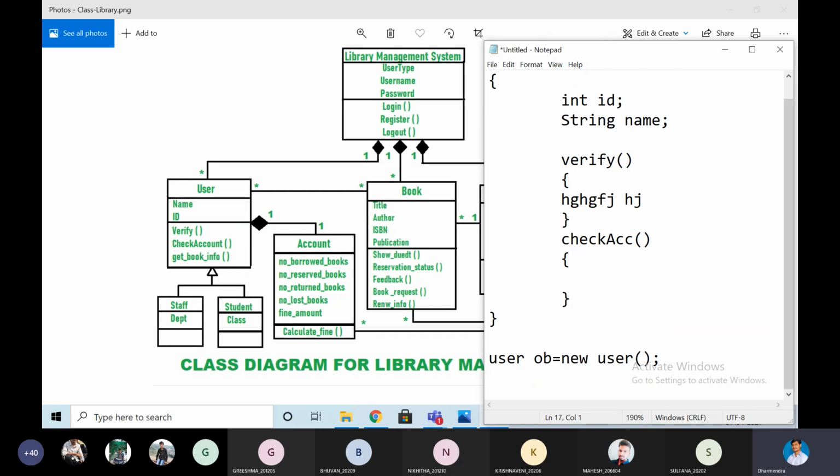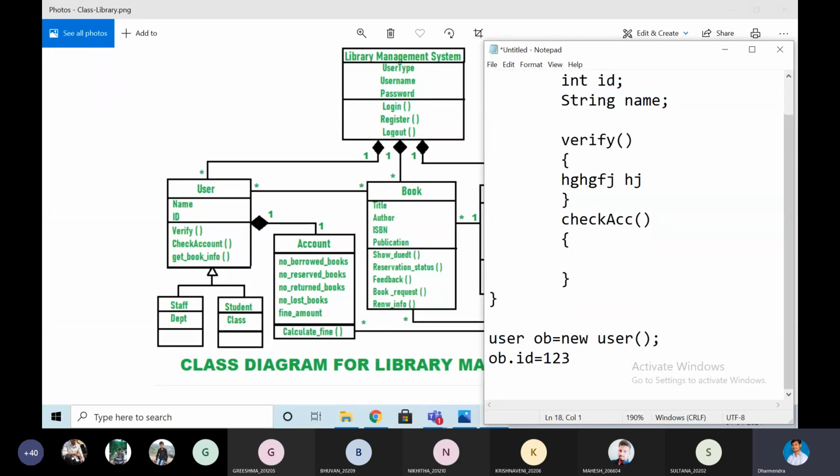With that ob we will access ob dot id, we'll assign some ID. Then ob dot name is equal to some value, it is a string, so some string will be assigned.